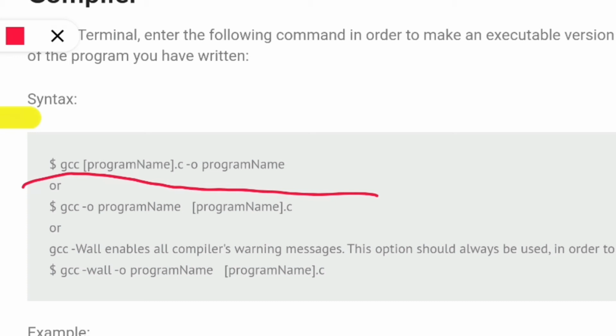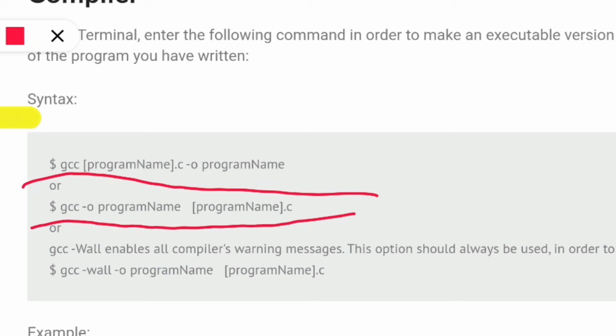Here our program is sampleprogram.c, with -o meaning the output object file name. You can give anything, P1, A2, ABC, according to your need. Whatever you can remember, you can give here. Next is a similar command, where you mention the object file name first and the .c file later. This is also going to work, no problem in that.